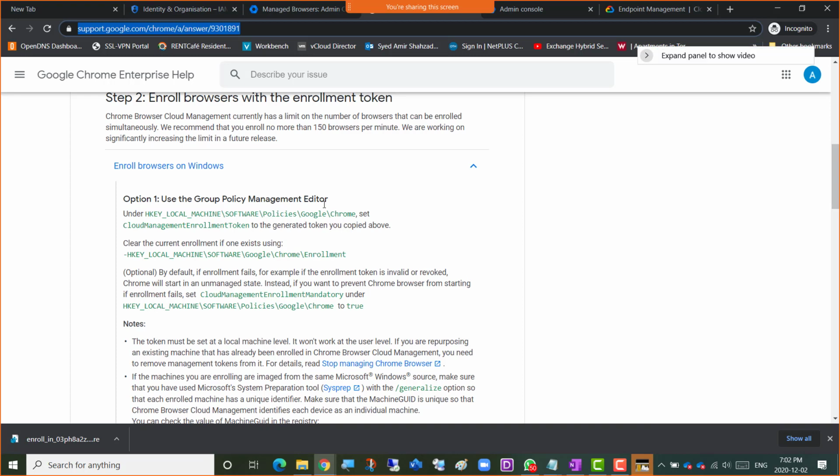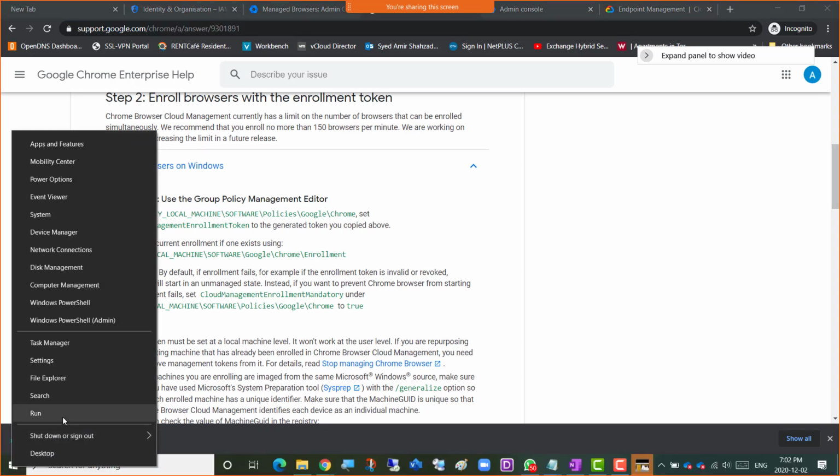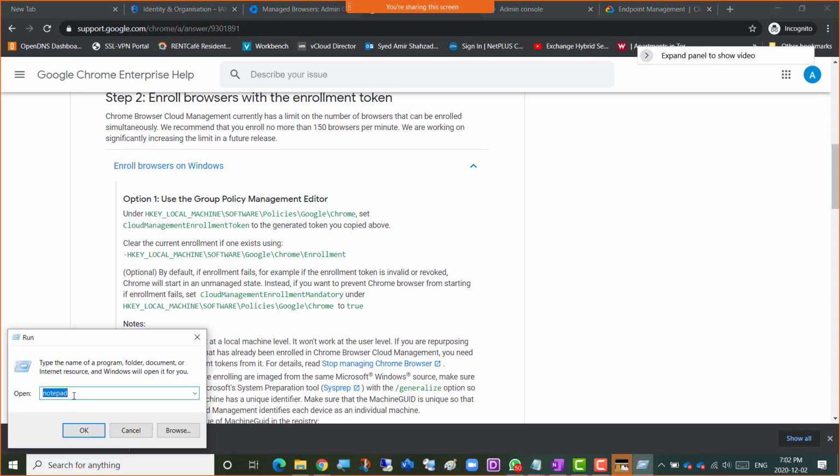Exactly. So GP edit, exactly. It says here you need to use the group policy management editor under key local machine. Hey, isn't that a registry key? Okay, I'll just go to Run and type gpedit. I don't have to type .msc, right? Although it's .msc. Yes, I have to type